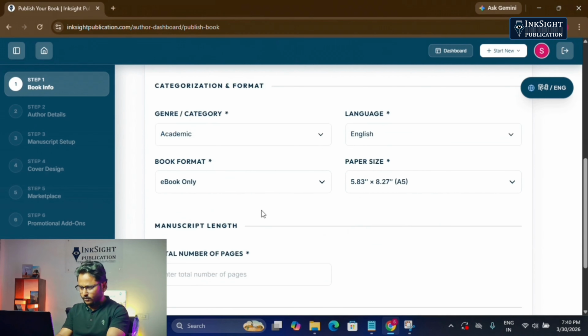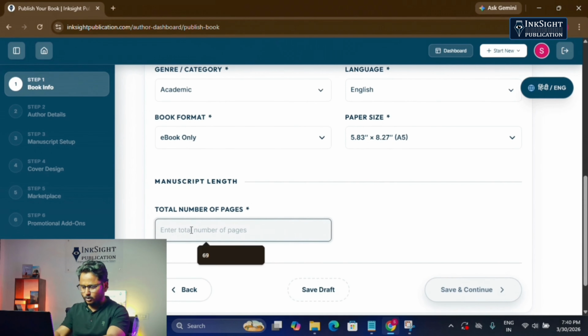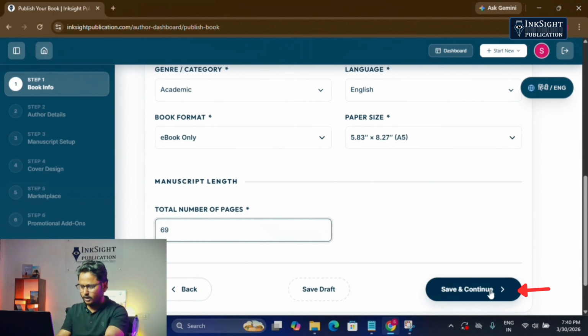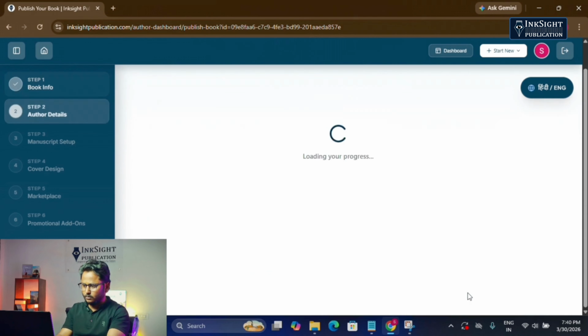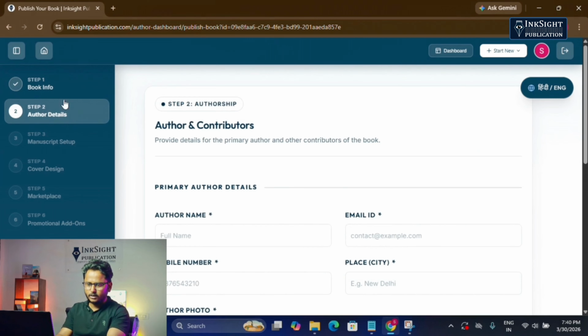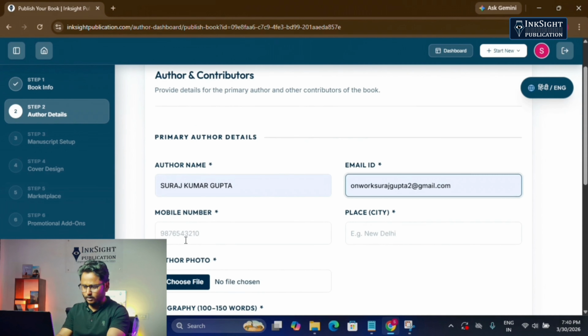Now the category of this book is academic, language English, format I am interested in ebook only. The paper size is A5. The total pages in this book is 69. Clicking on save and continue. Now I am in the second step, author details: author's name, then email ID, then mobile number,